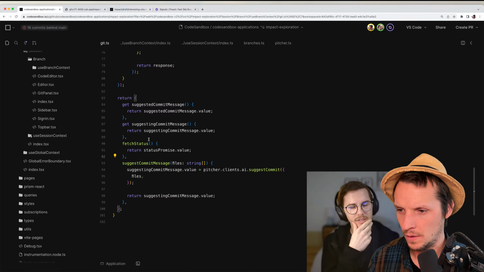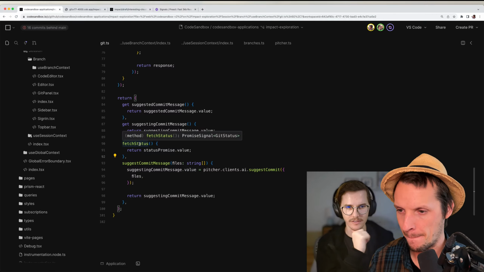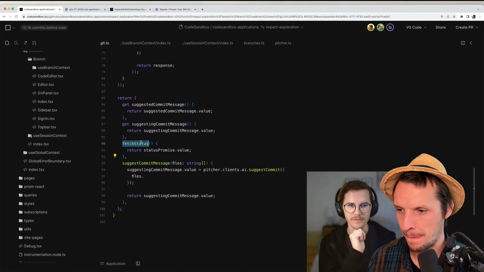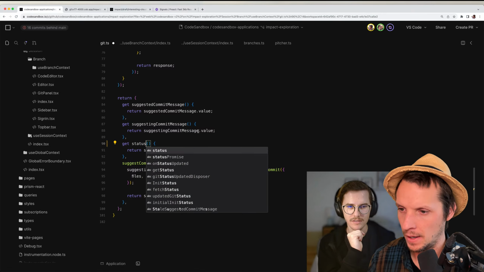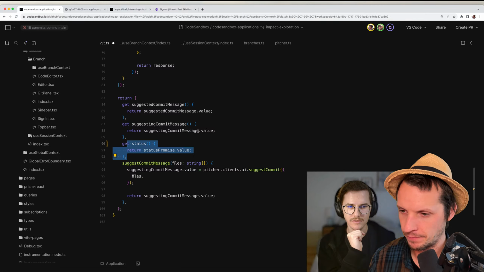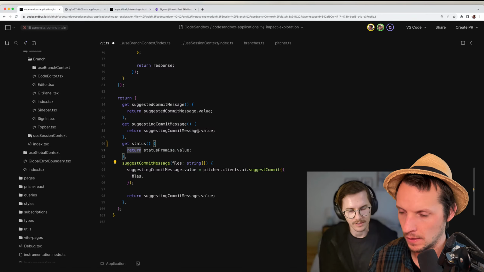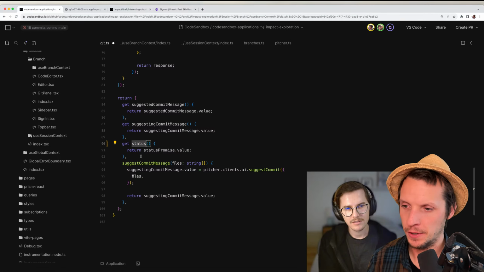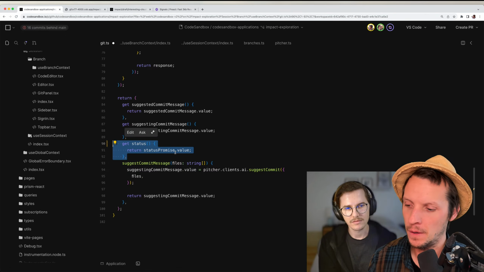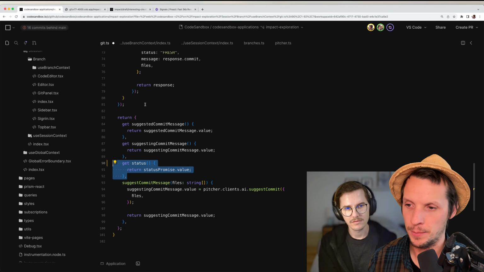Why do we need to define a getter in the first place for these values? It's because there are two ways we can expose signals.